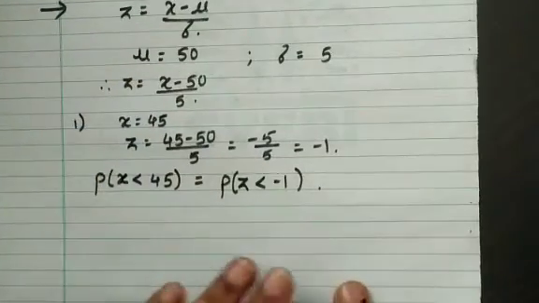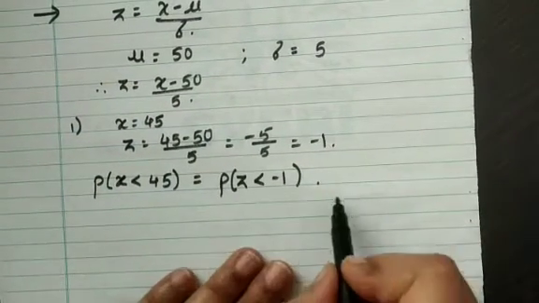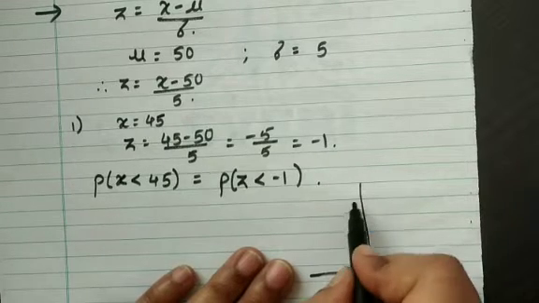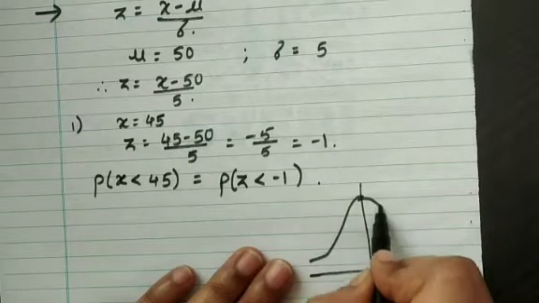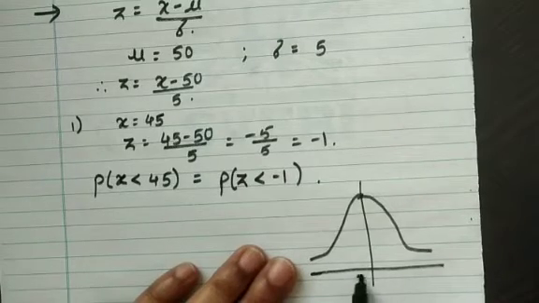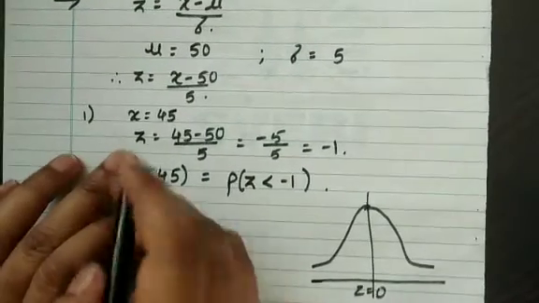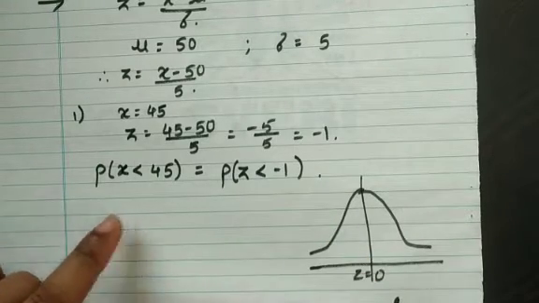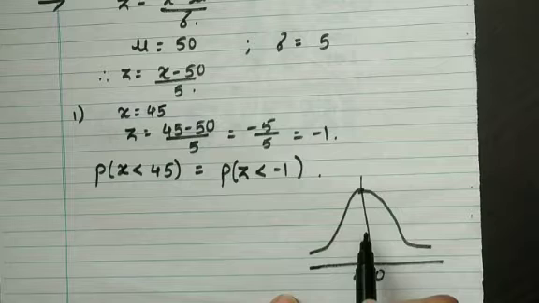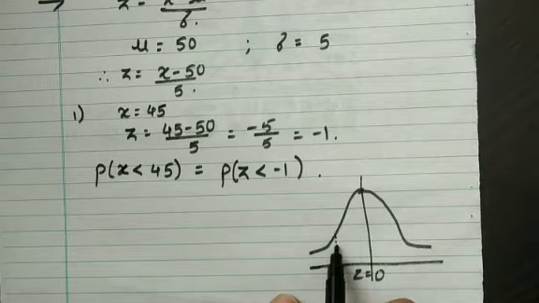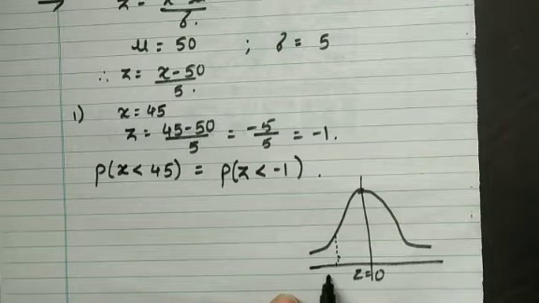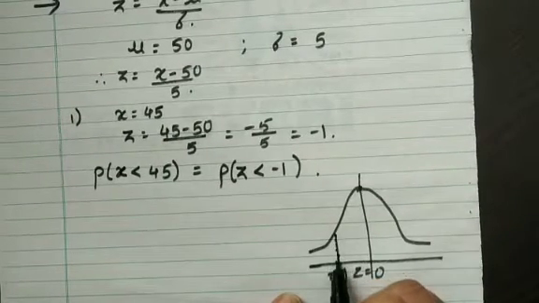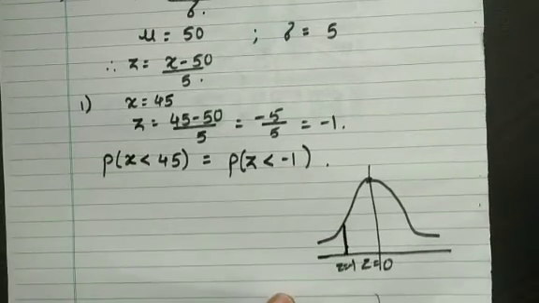So our first job is to draw a curve. As it is a normal distribution, the curve is always like this. Here z is 0, and in this case z is equal to minus 1. As it is negative, it will be somewhere on your left hand side. So here it is, z is minus 1. Now where will your area be? We have to draw it.